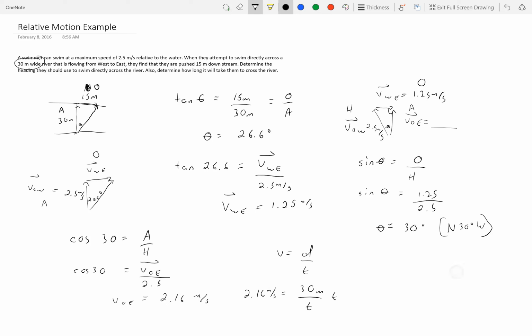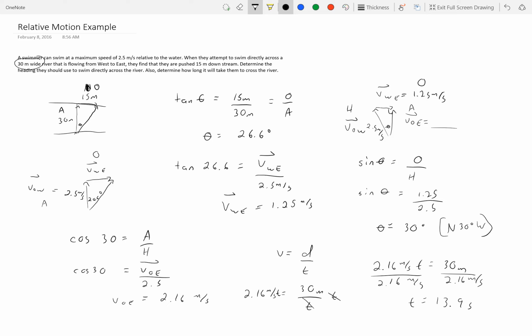Multiply both sides by time, which we can do as long as time doesn't equal 0. And then 2.16 meters per second, time equals 30 meters, dividing both sides by 2.16. Time is left over. And it works out to be 13.9